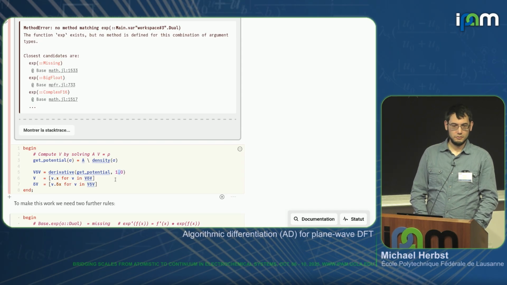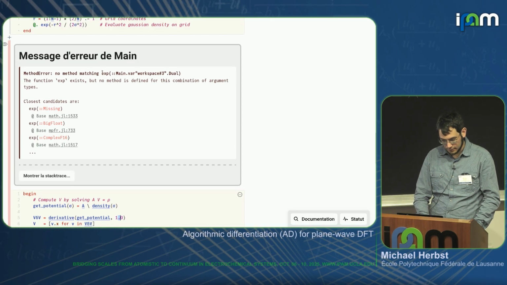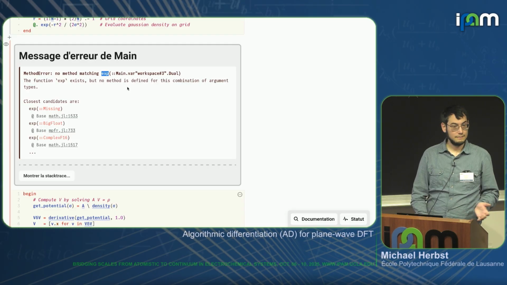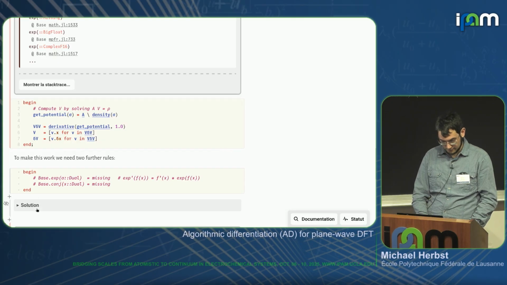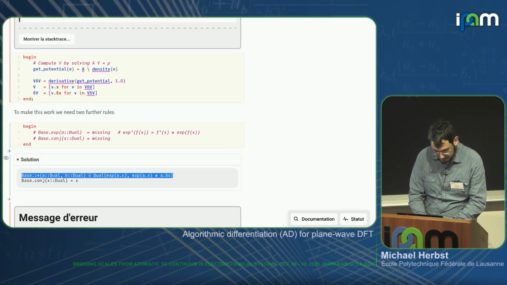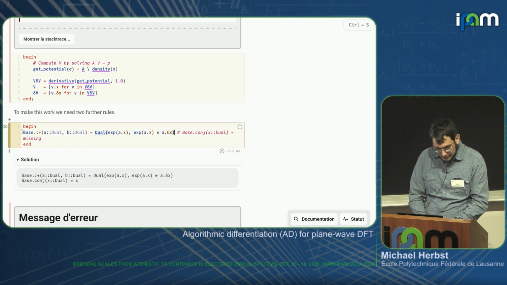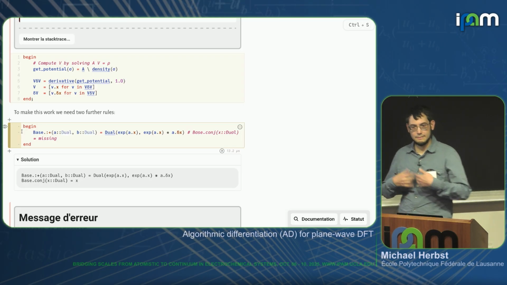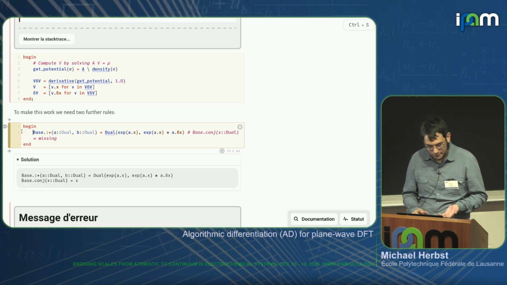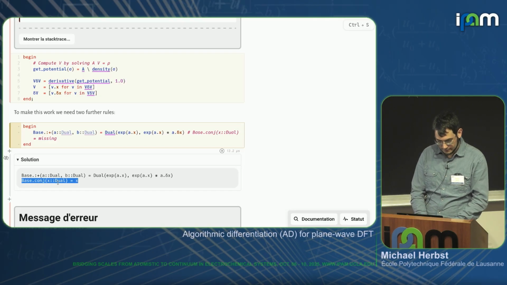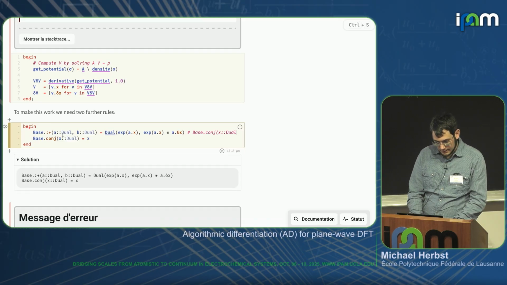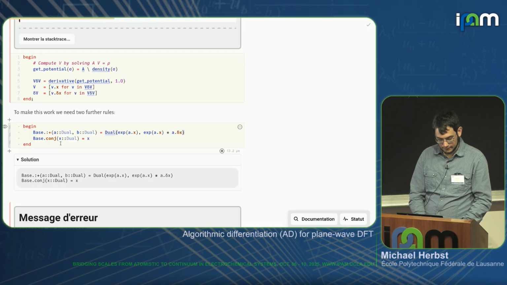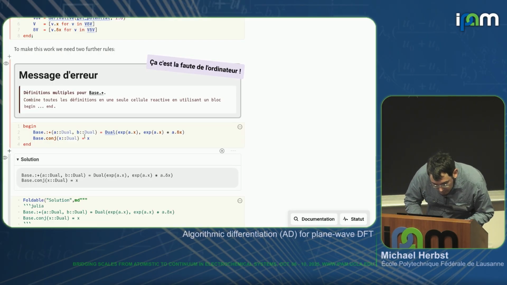Okay, so this almost works. Why does it not work? Well, it complains about an exponential function not being defined. That's clear. We haven't told our algorithm anything about how exponential functions should be differentiated. So let's quickly do that. Right, so here I'm just implementing what people call a custom rule. So I'm giving my algorithmic differentiation framework the information on how an exponential function is differentiated. And what we also need is a custom rule for the complex conjugation that is actually used within the LU factorization. And if I do that, and I haven't messed things up, which I unfortunately have,